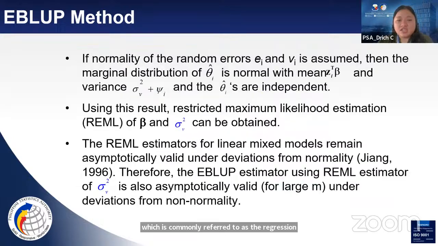So once the assumed normality of the random errors is confirmed, then the marginal distribution of the theta hat sub i is normal with mean and variance, and the theta sub i's are independent. So using the result, the restricted maximum likelihood estimation, or the REML, of beta and the sigma square V can be obtained. The REML estimators for linear mixed models remain asymptotically valid under deviations from normality. Therefore, the E-BLUP estimator using the REML estimator of the sigma squared sub V is also asymptotically valid for large